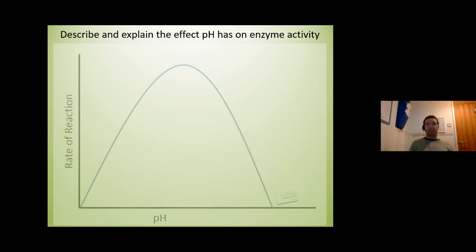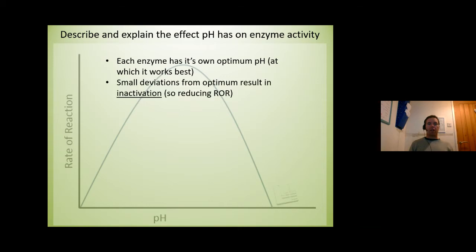But I say in this case, we should always start in the middle. Okay, for pH, we say each enzyme has its own optimum pH. If we have a small deviation from the optimum, we get inactivation. Okay, so it reduces rate of reaction. Inactivation, in contrast to